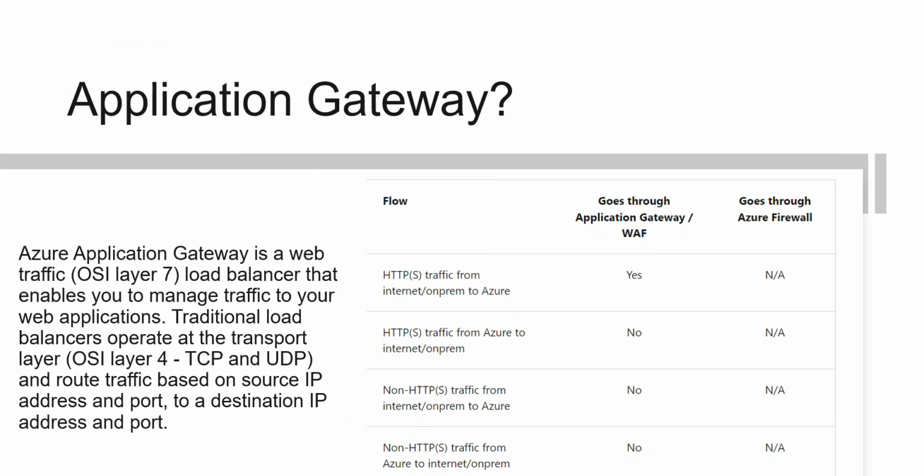So what is an application gateway? Application gateway is a layer 7 load balancer, and it manages the traffic of web applications. The traditional load balancers work on layer 4, and the routing is based on IP addresses, the source IP and the destination IP address, and the port associated with it. So let's see the flow